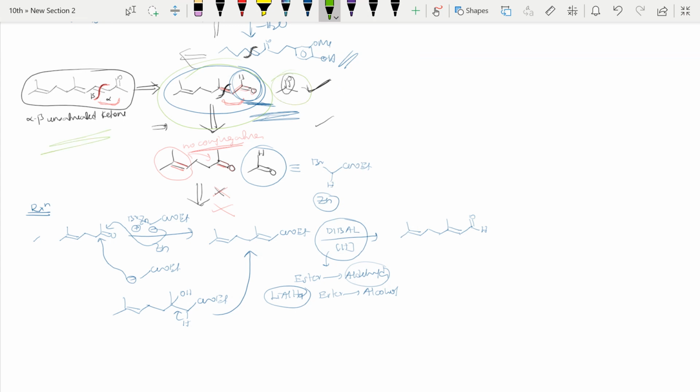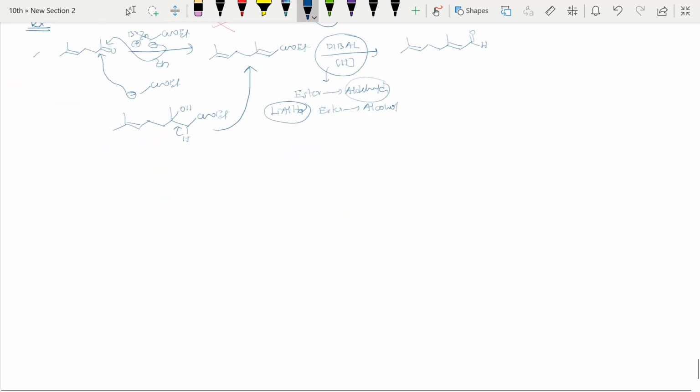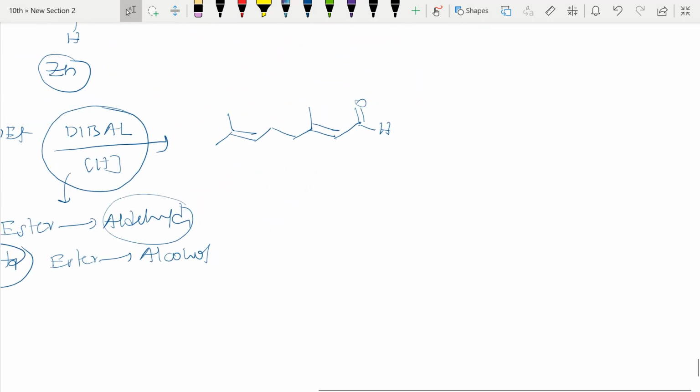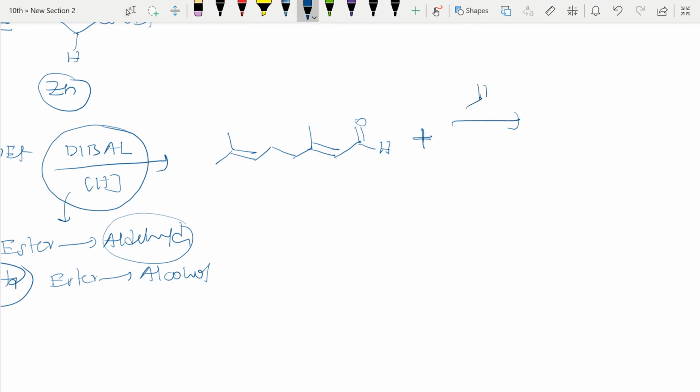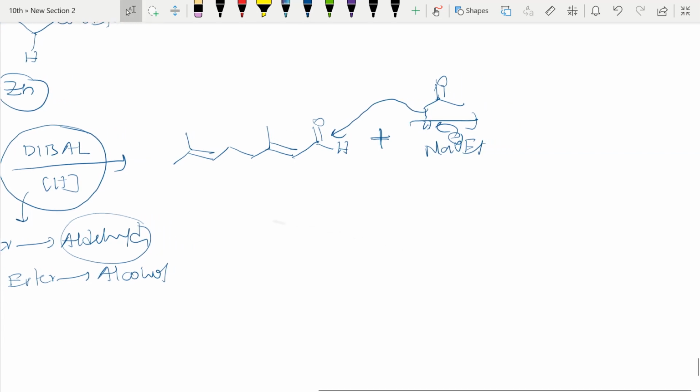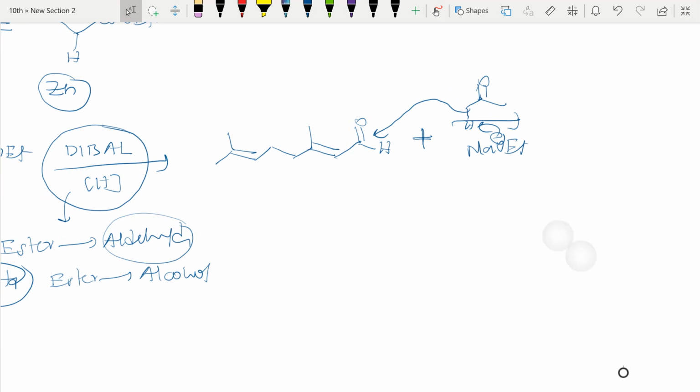To get that I have to add acetone, which I am showing with green ink. I hope you are getting it, right? So to get my target molecule, here I will call it the product, I will just add acetone in presence of the base NaOEt, a mild base. So this proton will be acidic and it will be taken. This negative charge will react with this, and I will get the required product, right? This is my target molecule, the same product I will get. I hope you are getting it.